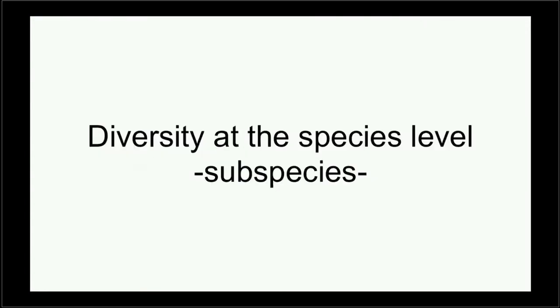So what I'm going to do is walk through what I'm calling different levels of diversity. When I discussed with a couple of you how to prepare this talk, it became clear that one of the things that would be relevant would be to show the interplay between genetic diversity and biological or phenotypic diversity, and at what level of genetic resolution you see differences that we want to understand, but also differences whose drivers we don't understand.